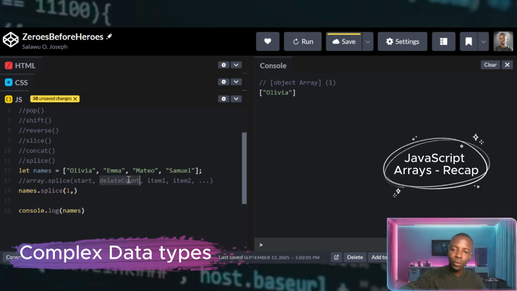From index 1, how many items do we want to delete? Right now we don't want to delete anything, so we'll put 0 there. Then look at the next 2 conditions, item 1 and item 2. That means the items that we want to add. Even if it is 10 items, item 1, item 2, item 3, item 4. So you put this comma, then let's say what we want to add is Ade. Then we want to add another one, only. Good. So if we print out names, you see that